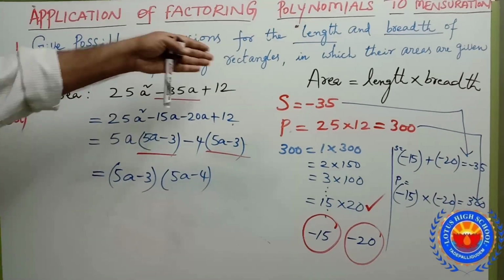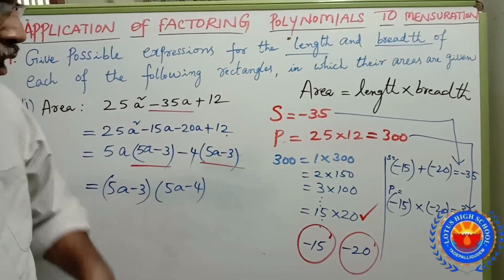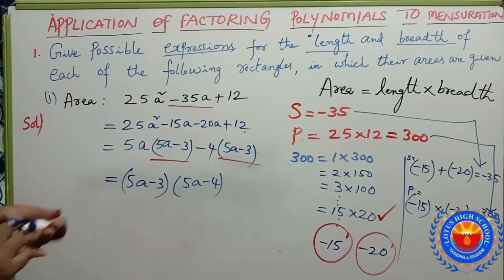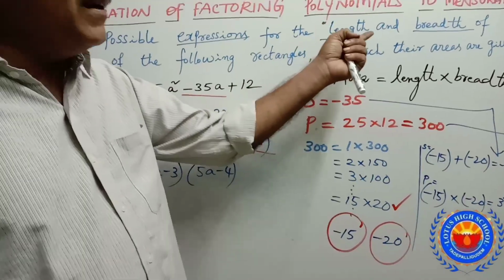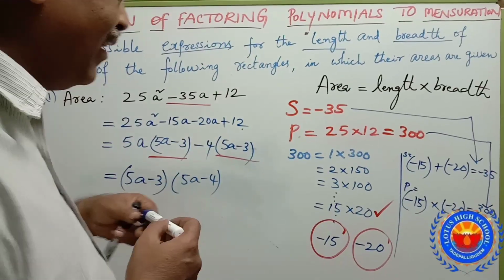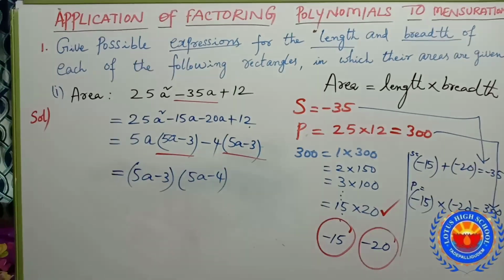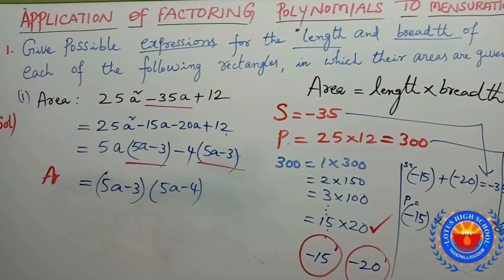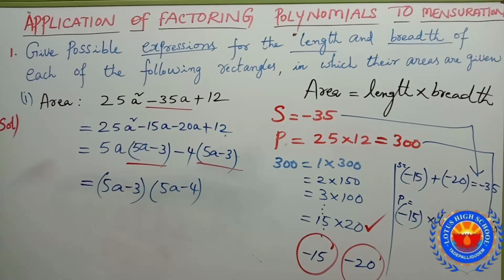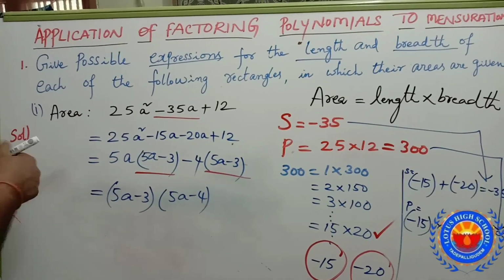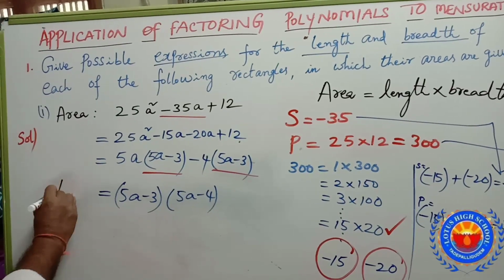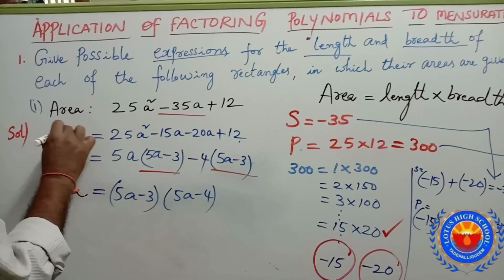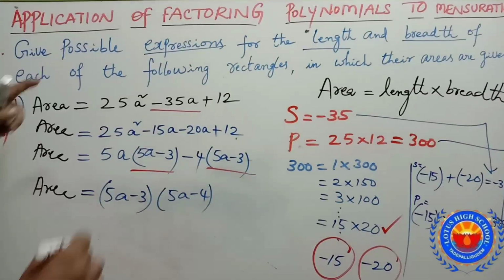These are the applications of factoring polynomials to mensuration. Now I got two expressions. These are the expressions, and those are nothing but length and breadth. Now this is nothing but area. So area is equal to